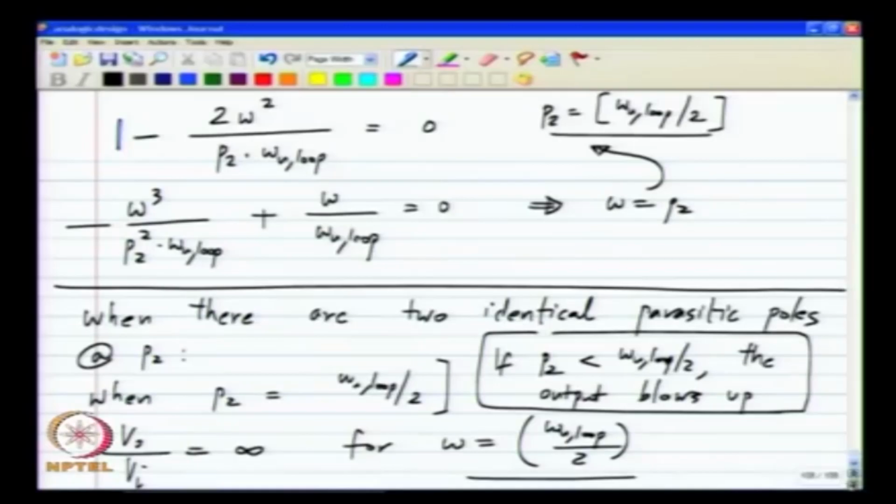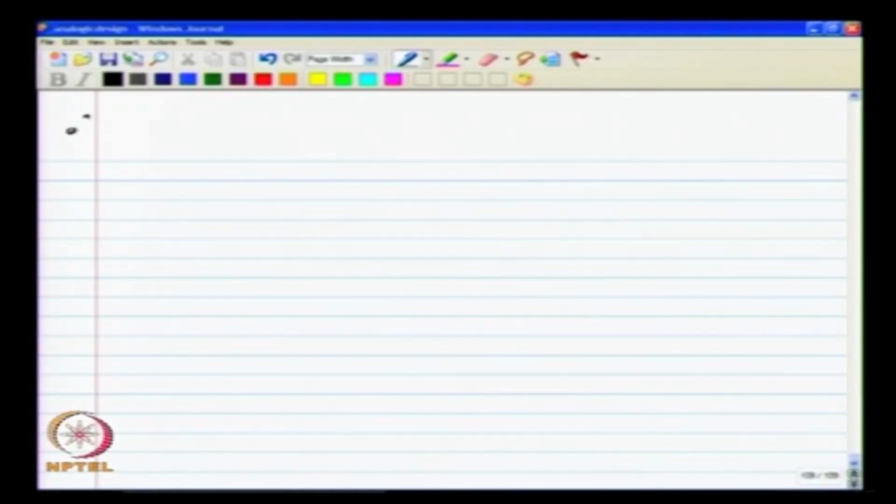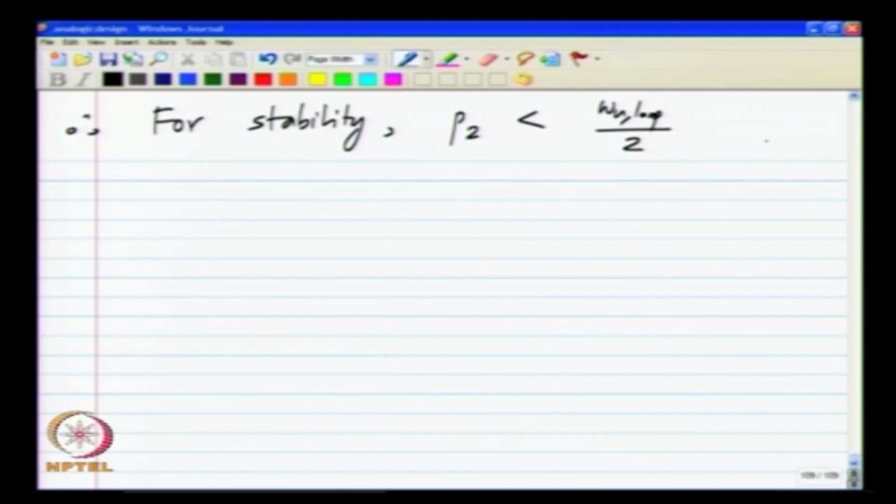So, for stability, P2 should be less than half of the unity loop gain frequency, and